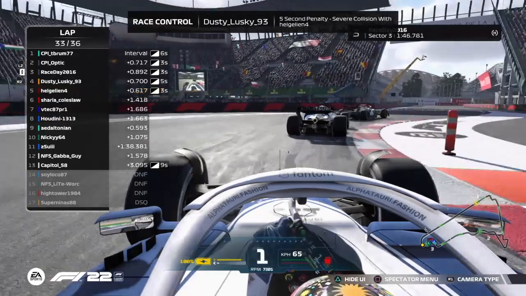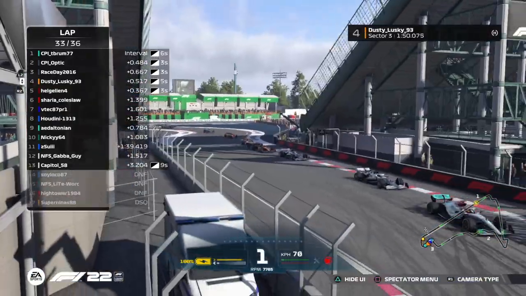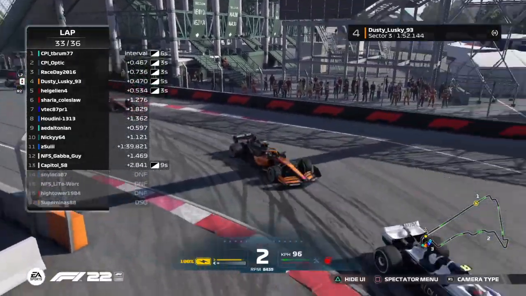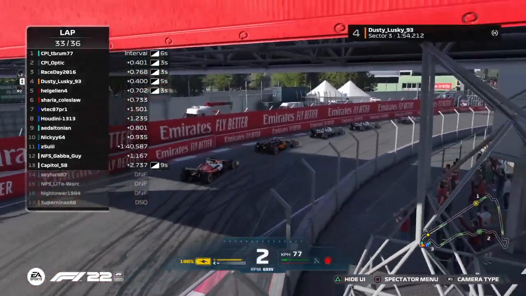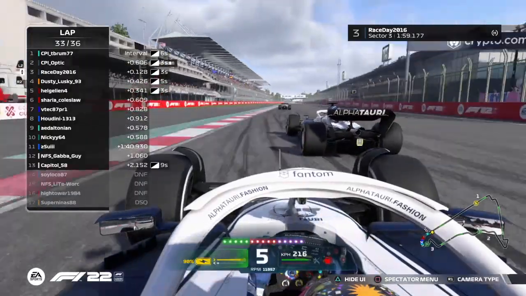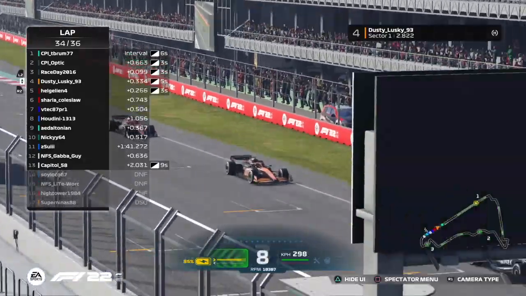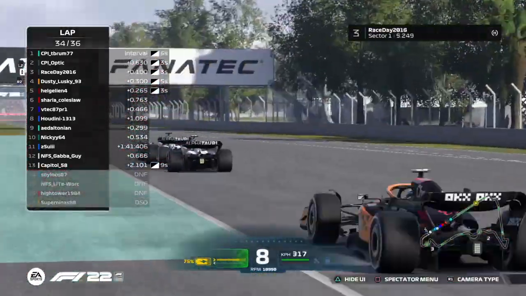Dusty Lusky, and he's picked up 5 seconds for a severe collision with Helgeland. There is no way. How on earth does this sort of thing unfold? Green flag back in the air, and just when you thought Dusty Lusky had his one shining moment perhaps to